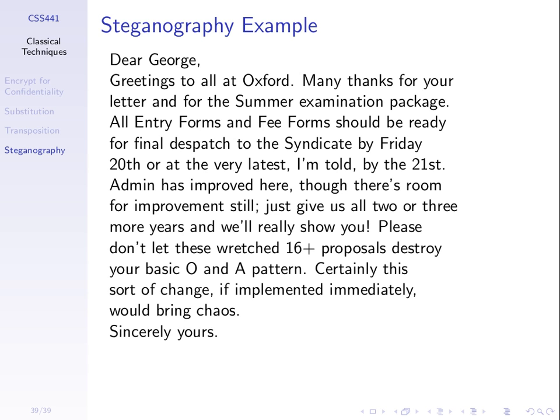Here's a message that makes sense. It's been sent from one person to another. It's, say, a letter, and the attacker intercepts this message. It looks like a normal message. I don't even think there's anything hidden in there. How would I know? Well, I know that actually there's a secret message hidden inside this ordinary message. Can anyone find it? So this is the concept of steganography. We hide one message in another. See if you can find the hidden message.